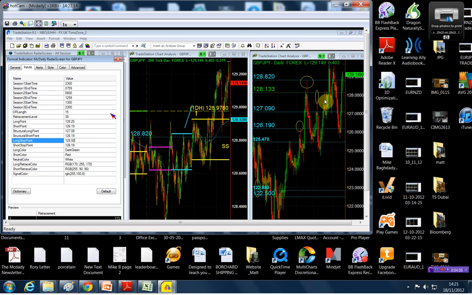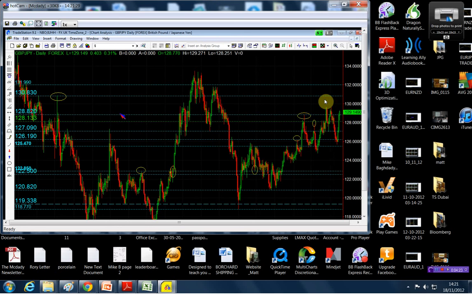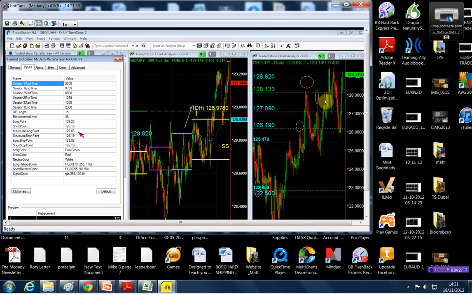Okay, and the structure long point is, what was it, 130.83. The next structure long point is the 130.83. Okay, on the short side,